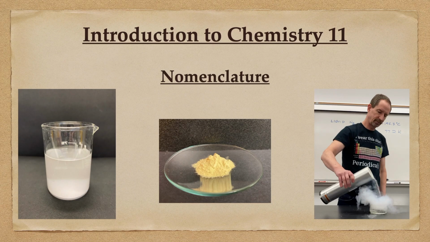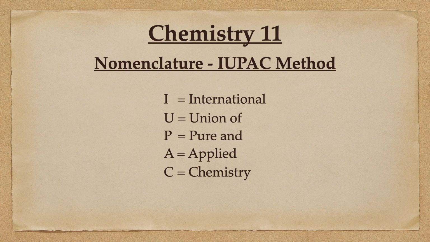Welcome to the next video in the Introduction to Chemistry 11 series. In this video, we will talk about nomenclature, specifically ionic and covalent nomenclature, using the IUPAC method. IUPAC means the International Union of Pure and Applied Chemistry and is the standard bearer for how to name things